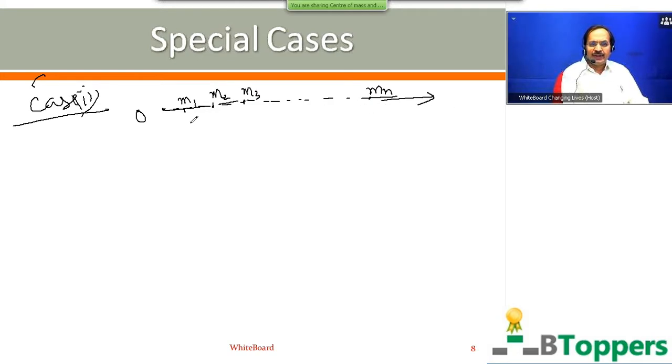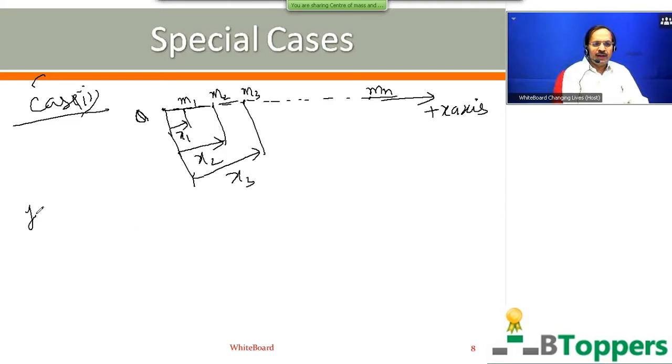If all the point masses lie on the same straight line, then the line joining all the particles, for convenience, we may take it as the x-axis. Let O be the origin of the coordinate system. That means O is the reference point from where we want to find the distance of the center of mass. The first particle is at distance x1 from this origin O, the second particle is at distance x2 from origin O, like that. Third particle at distance x3 from the origin O. So here the y coordinate for each particle is 0, when each particle lies on the x-axis.